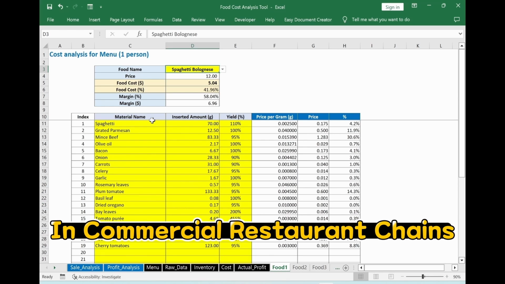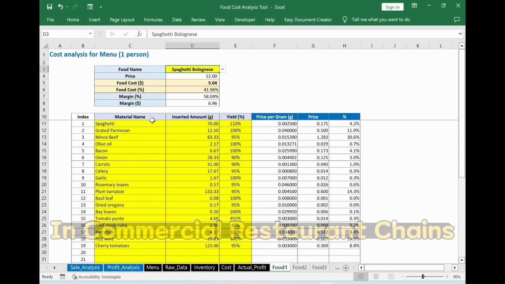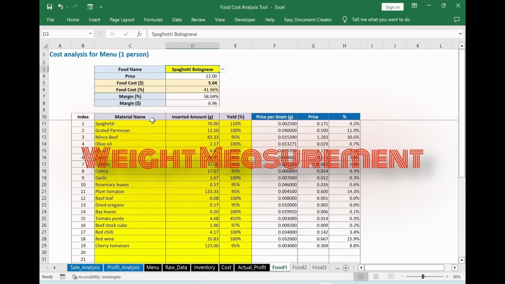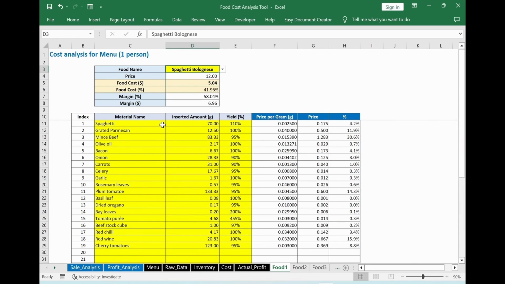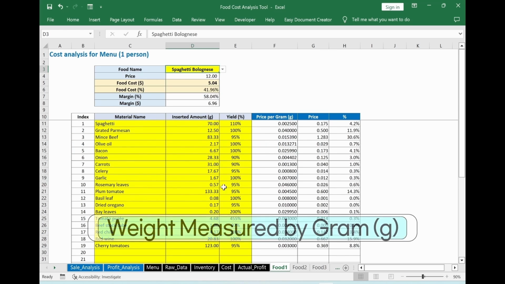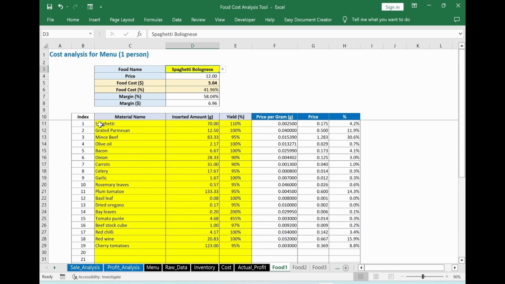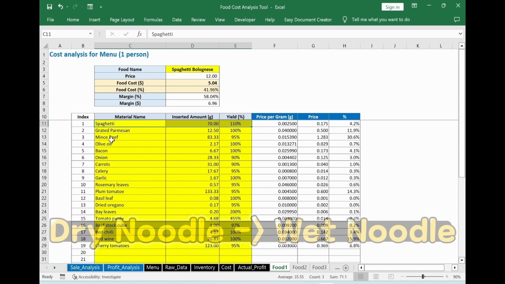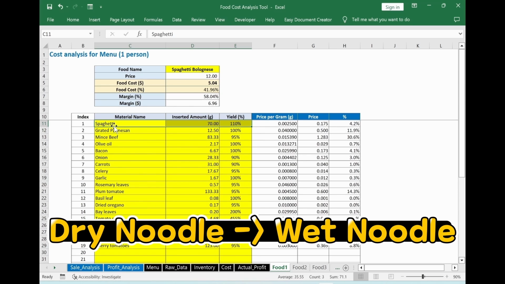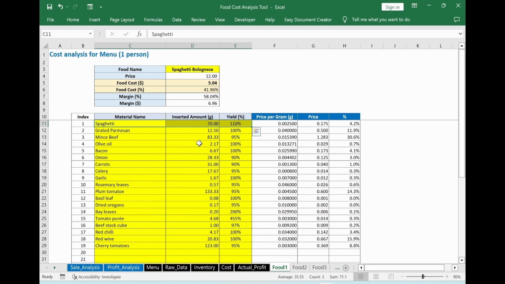In commercial restaurant chains, they normally follow weight measurements, which allow them to maintain the quality of food and also make it easy to measure profitability. Here we also apply weight measurement in grams. In the case of yield, I will start with an example. For spaghetti, this is dry noodle at the beginning. After cooking, the weight increases, therefore apply